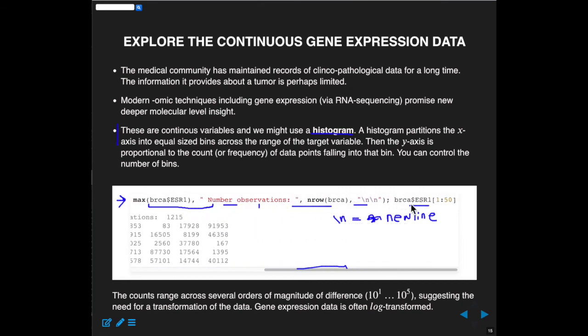The last thing I did over here was ask for bracket, again, $ESR1, but here it's a vector now, just a long column of numbers for each patient, right? So it's just one long column of 1200. Here I've just asked to write out the first 50 entries in that long vector. Okay, and so what I see then,